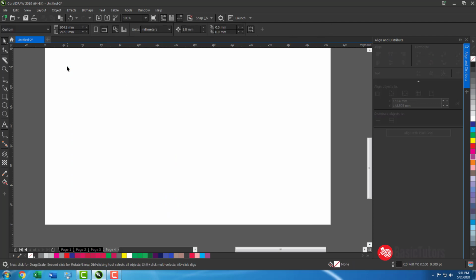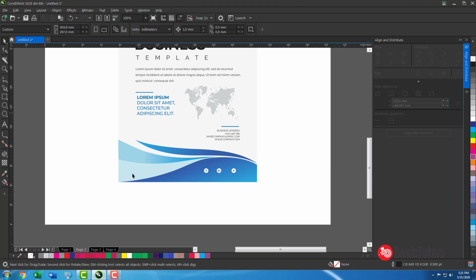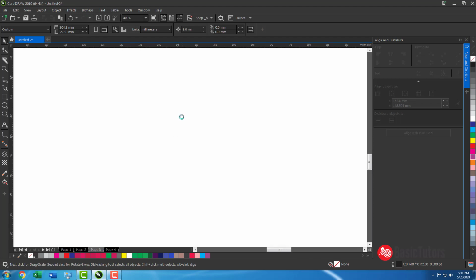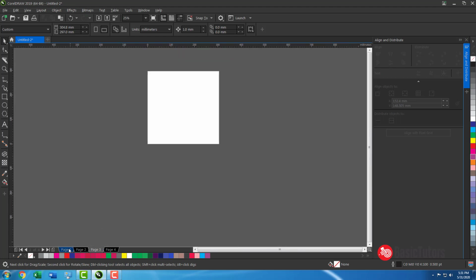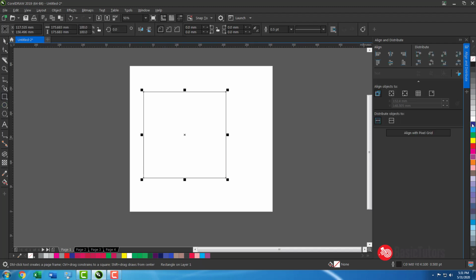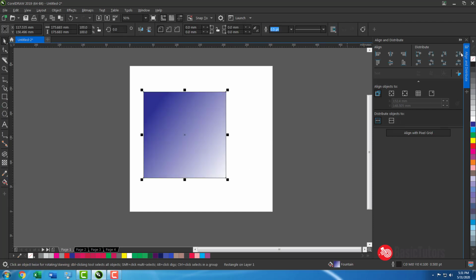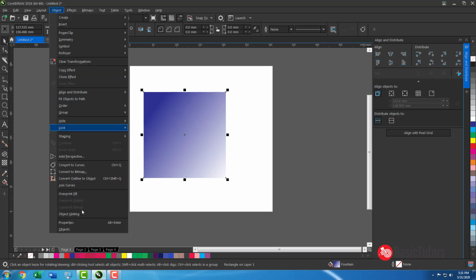The last thing will be FX effects. All those effects will work with bitmap graphics only. So if we want to make our effects work, you need to convert your object into a bitmap.